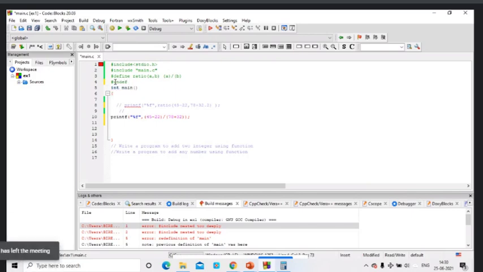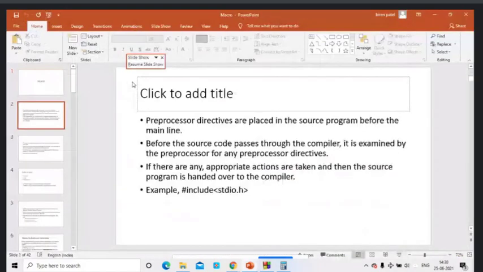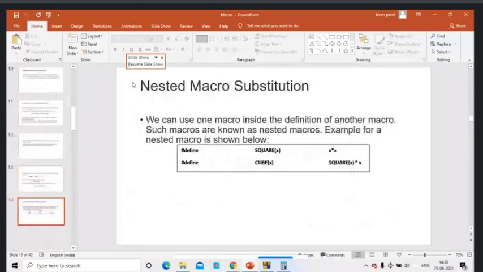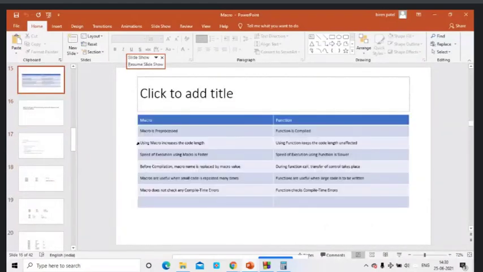Okay, we didn't discuss #undef, so tomorrow we will discuss it, and then we will discuss this question once again. We have discussed many points, and in tomorrow's lecture, I will discuss these two with one small program, the second point, the last point, and some small topics that remain in your syllabus.